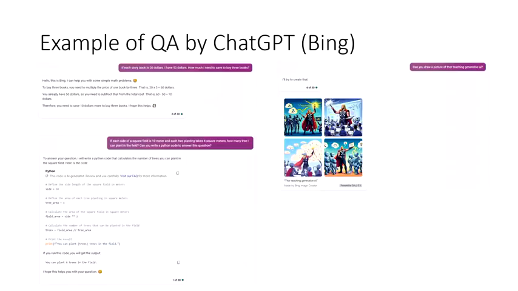Okay, so some examples here. In this first example, I am actually using Bing ChatGPT. I said, if each storybook is $20 and I have $50, how much do I need to save to buy 3 books? And then it will give you the answer. But you can see that it not only gives you the answer, it also gives you the sequence of how it concluded that answer.